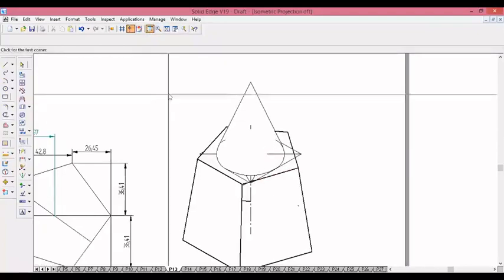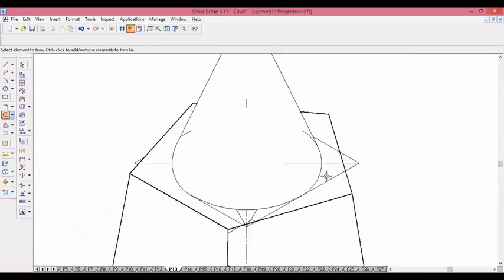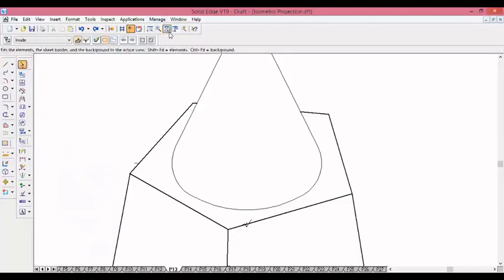You can zoom further to get a clearer picture. Give fit